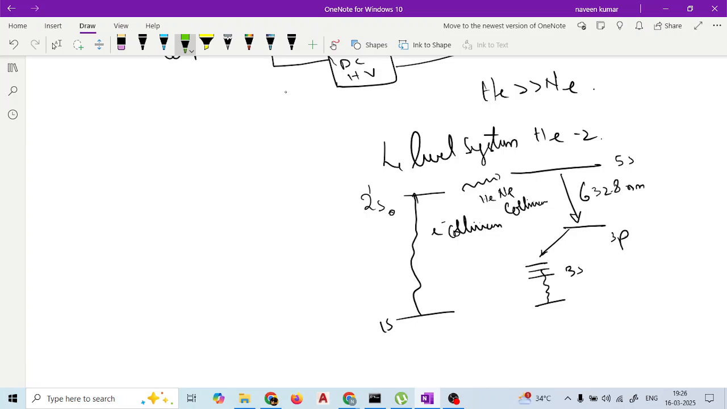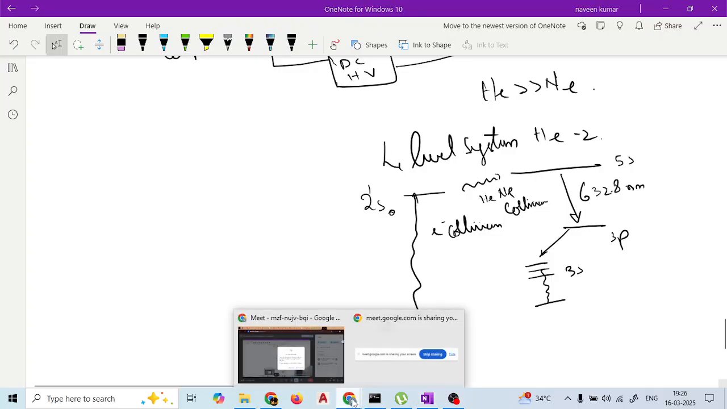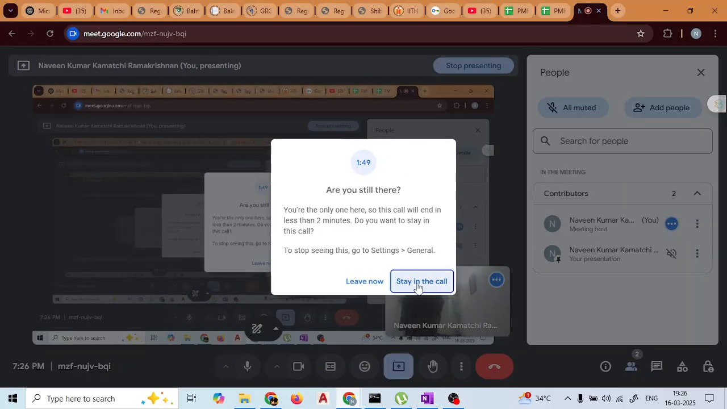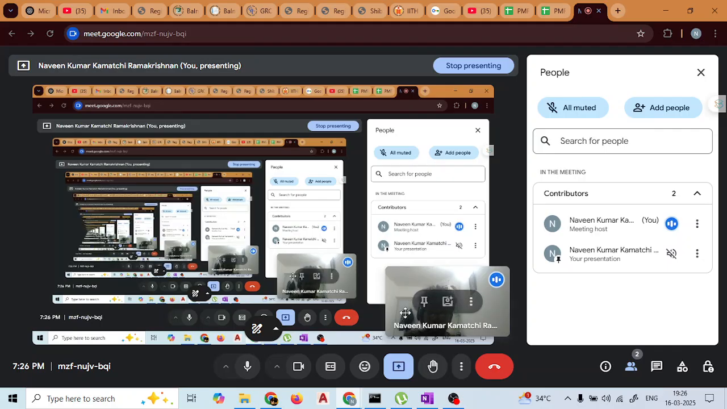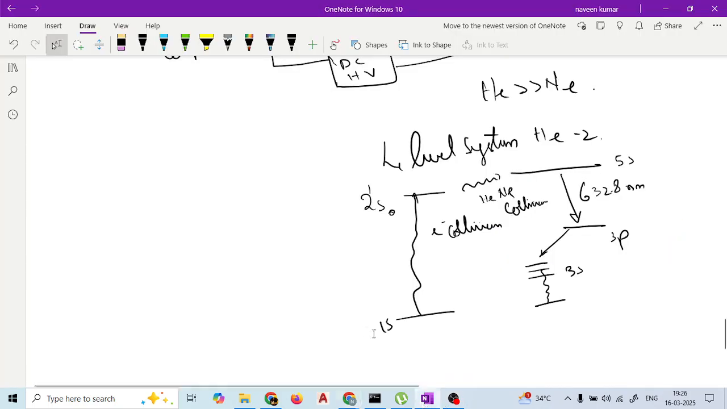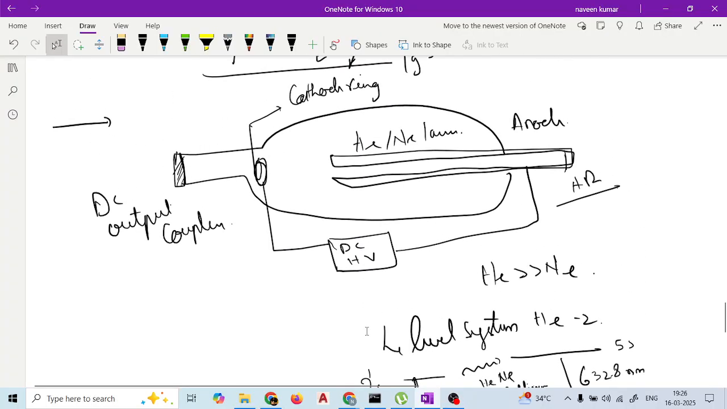And the helium has an atomic number of 2, and there is a collision between these two levels that ultimately results in the generation of a much higher particle momentum, or an electron that gets jumped from one state to a higher energy level. Okay, so if you go to this diagram, you see the DC high voltage, cathode ring, anode,